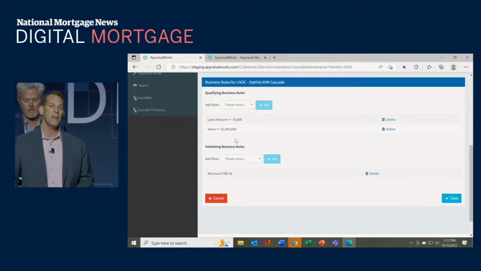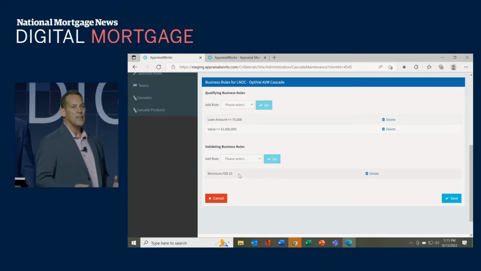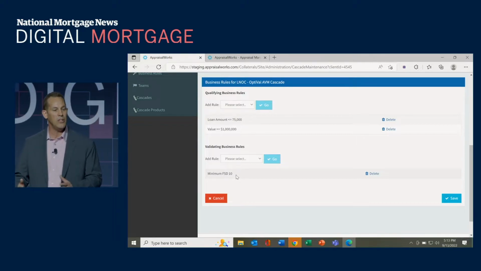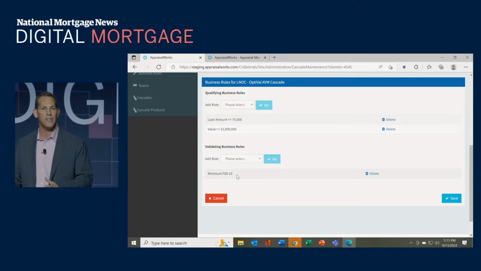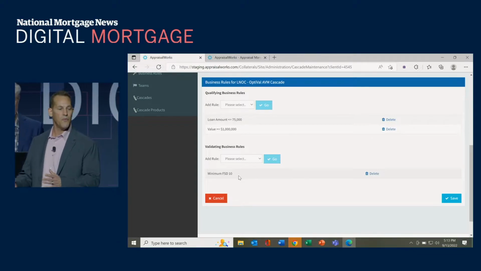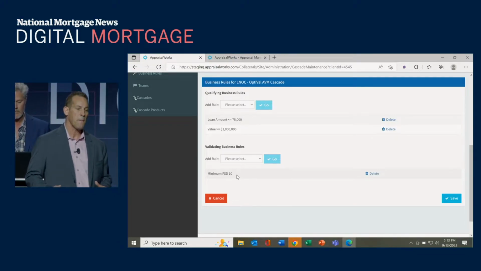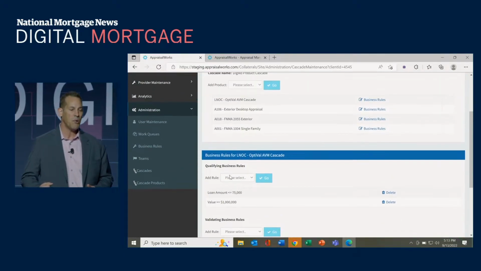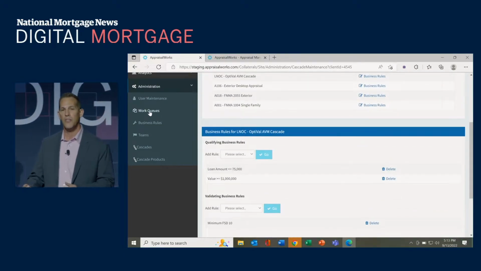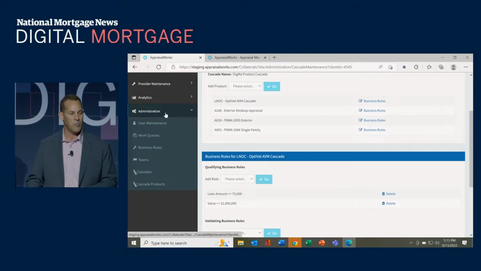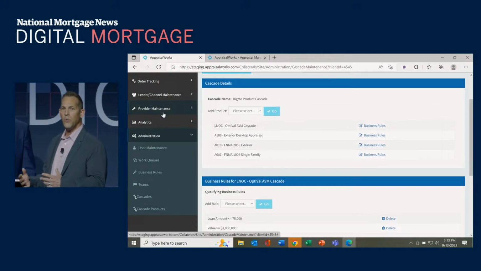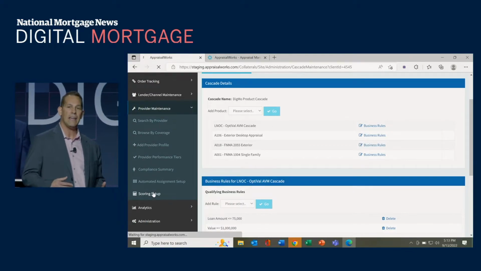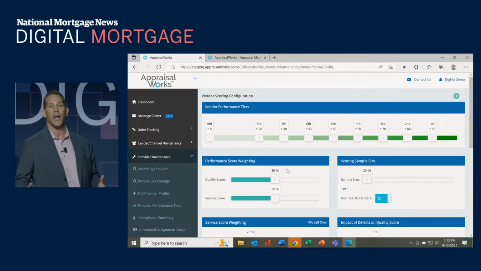The next qualifier is to make sure that the lender is getting the most accurate AVM. And we do that by keying in on the FSD score. So is the forecasted standard deviation greater than 10? If it is, we're going to go to the next product in their cascade, which in this case was a desktop appraisal. So once AppraisalWorks knows what product to order, we want to go back and assign or auto-assign to